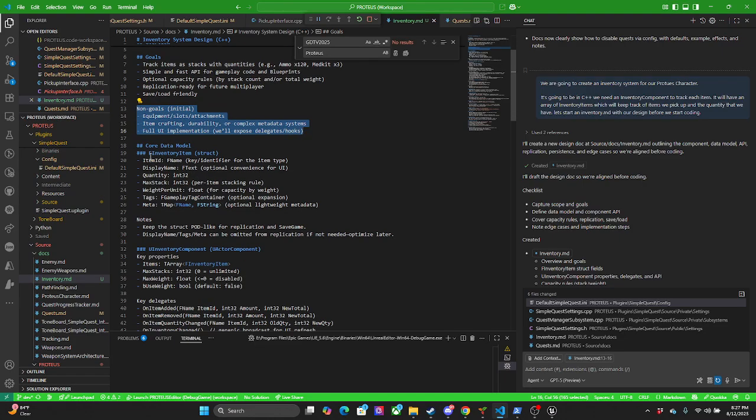So core data model: item ID, display name, quantity, stack, weight. That's interesting if we want to slow the ship down. I kind of like that idea. Tags, FGameplayTagContainer, optional expansion. Meta, TMap, optional lightweight metadata. I'm not sure what it would want those for either.